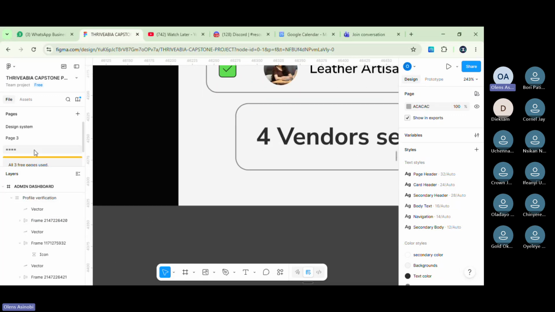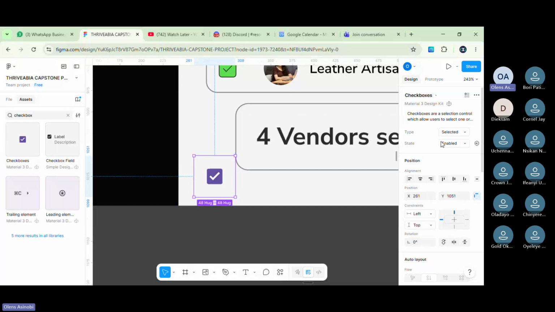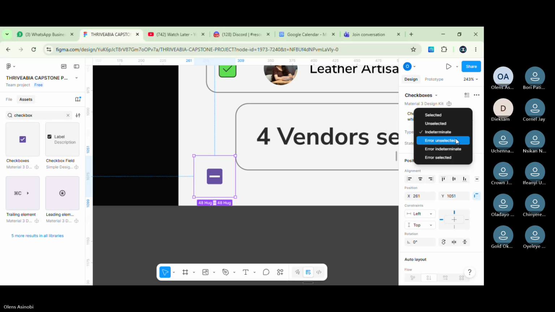If you watch that video that I said we're going to talk about on Wednesday, you can actually understand how component properties work. And then when you bring in these components, this checkbox, you can understand how to switch it from selected to unselected like this. You get what I'm saying? Like on the same icon.